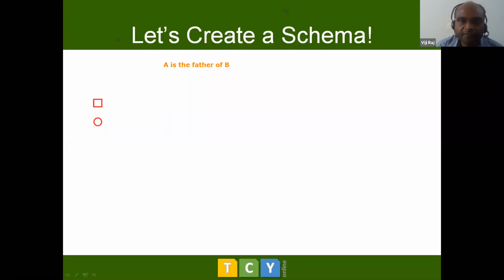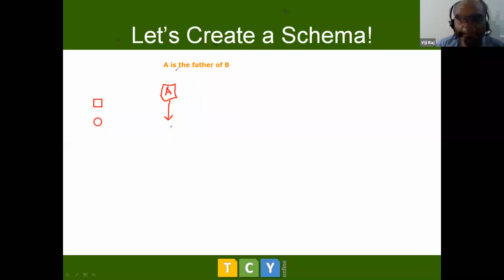To show that A is the father of B, I can show it like this. Let me draw it for you. So this is A, and A is male, this we are sure of, right? And to show a father-son or a father-daughter relation, we would use a downward arrow, right? And we don't know the gender of B, so we will neither put a box around it nor a circle around it. Got it?